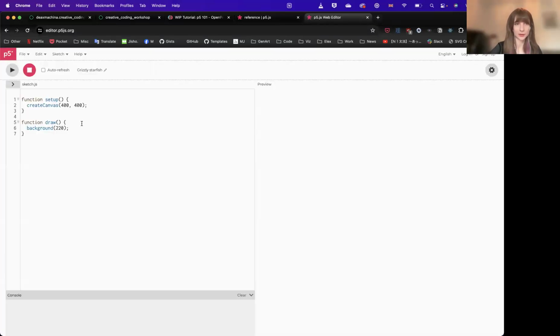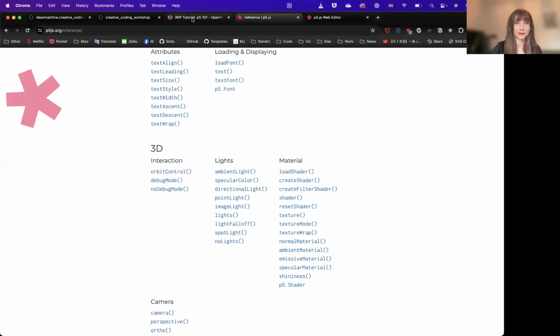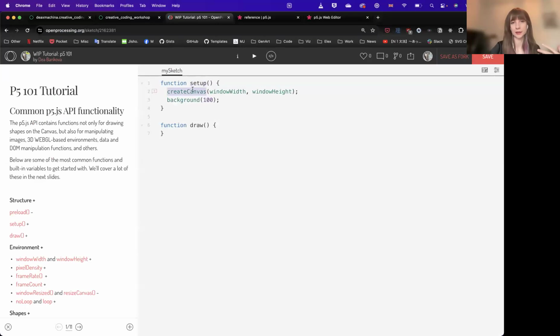If I open it and start a new sketch, you see you've got this setup function, this draw function. So that's just something to keep in mind. These functions and these named variables, they come from p5. Now, the setup function, you need to create a canvas unless you already have one defined, but this is the